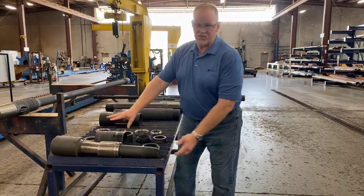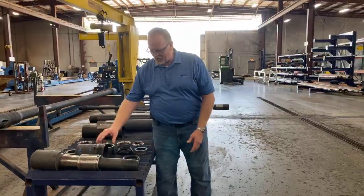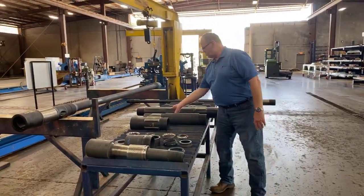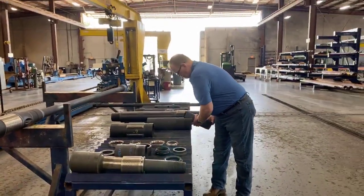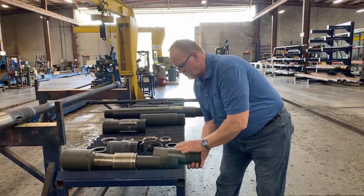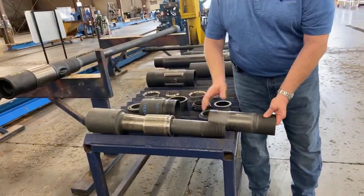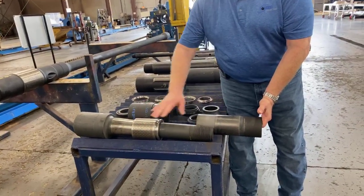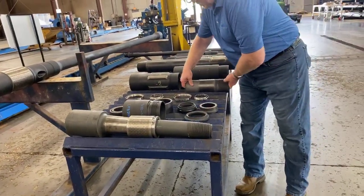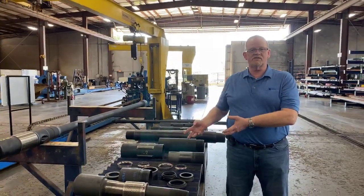Your radial bearing goes here. For most mud motor bearings, you have a lower radial bearing, then an upper radial bearing. Say this section here will be your upper radial bearing. The purpose of the lower and upper radial bearings, we'll see a rotor and stator here in a little bit, but for the purpose of this radial bearing,